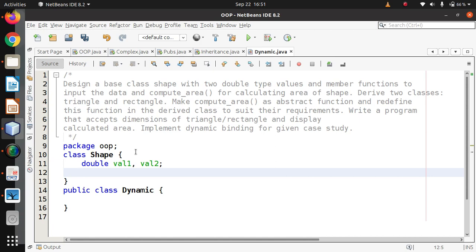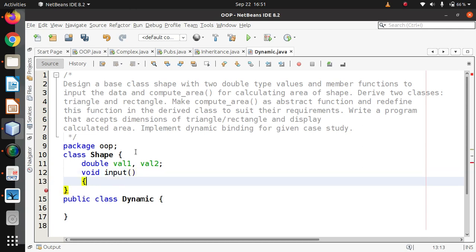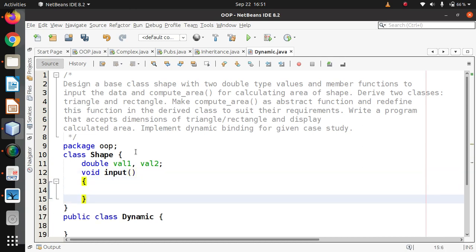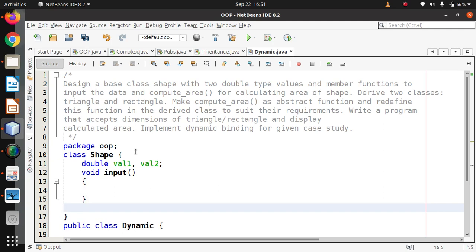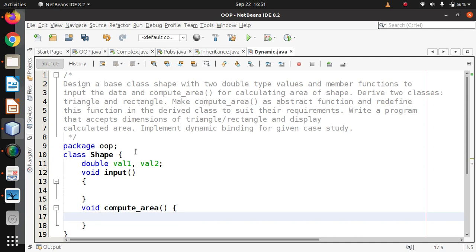Methods to input data, so let's have an input method here, and one more is given, that is compute area, compute_area. Basically, the method names in a Java class should follow camel case.